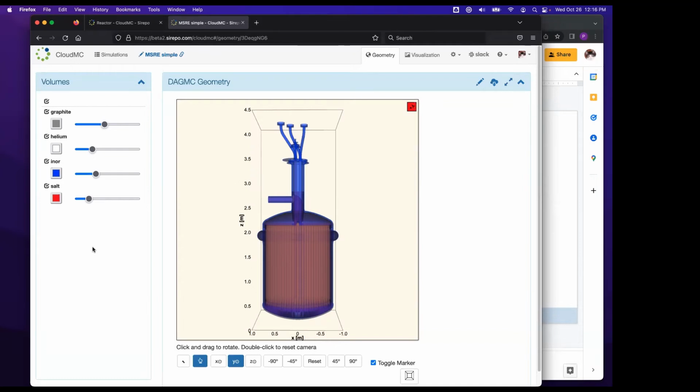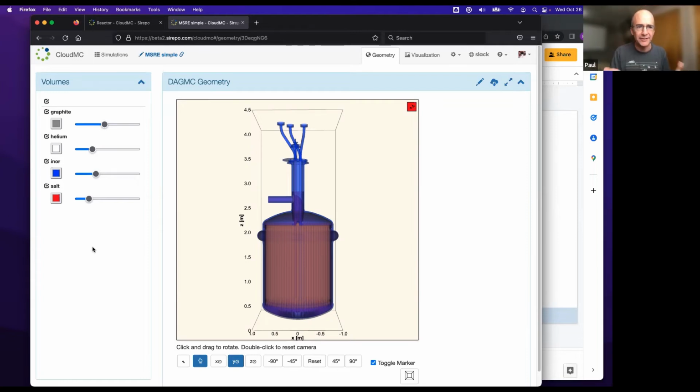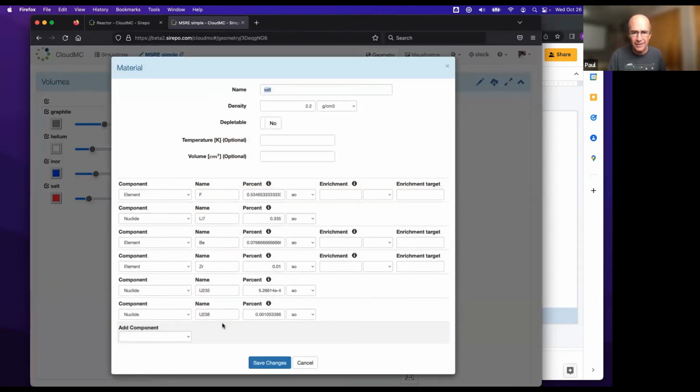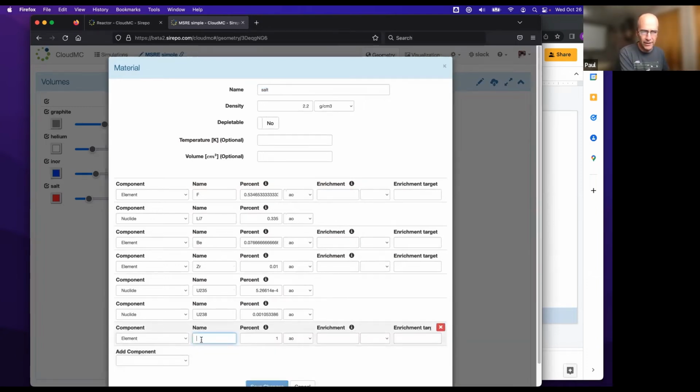Okay, so here's the Cloud MC application, and this is an example with a molten salt reactor, and we've got basically 4 different volumes, and each of them will have a different material assigned to it. So in this case, the material editor is brought up per one, and for example, here's the definition for the salt material. You've got various elements and nuclides, and if you need to add a new one, you can just come in here and add an element, or perhaps even add a nuclide, and